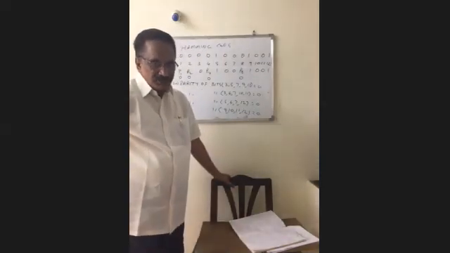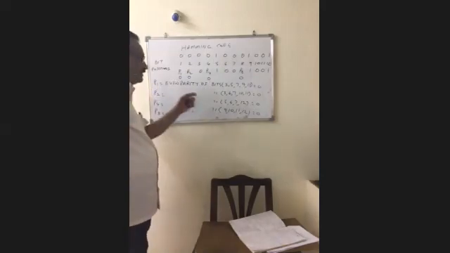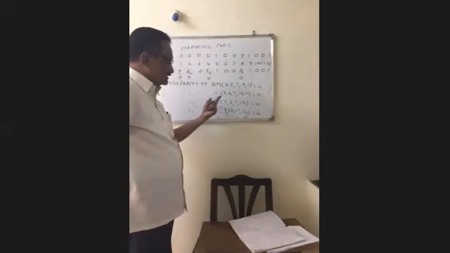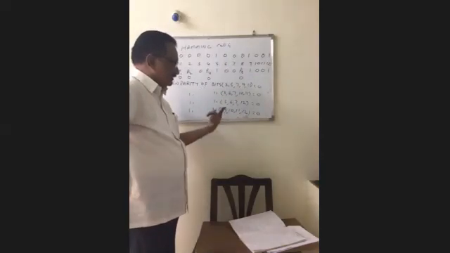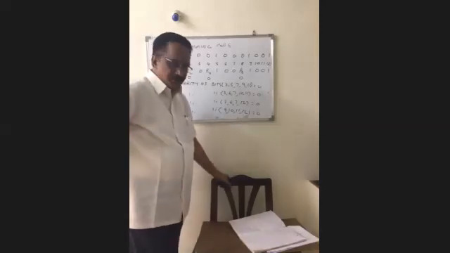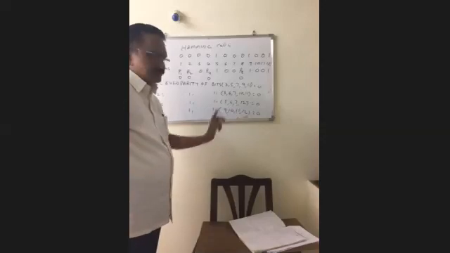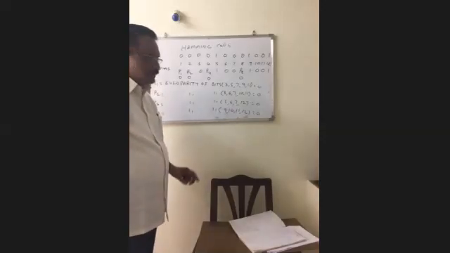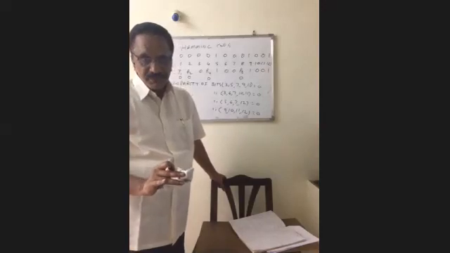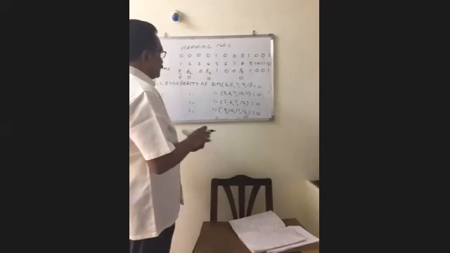Here there is one doubt. For P1, the even parity of bits 3, 5, 7, 9 and 11. For P2, 3, 6, 7, 10, 11. For P4, 5, 6, 7, 12. For P8, 9, 10, 11, 12. There is no need to recognize those bit positions. So for that one, simply you have to follow